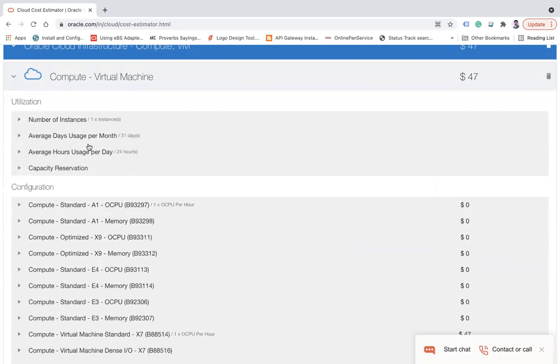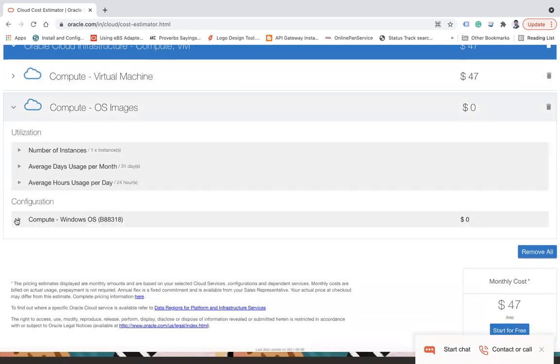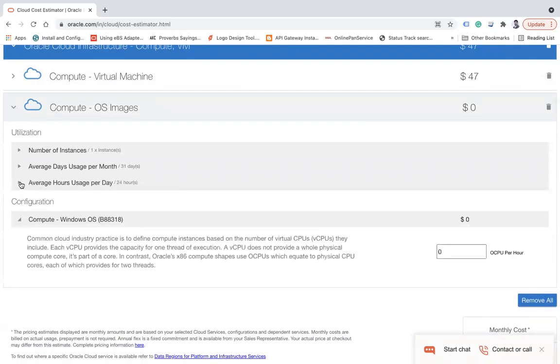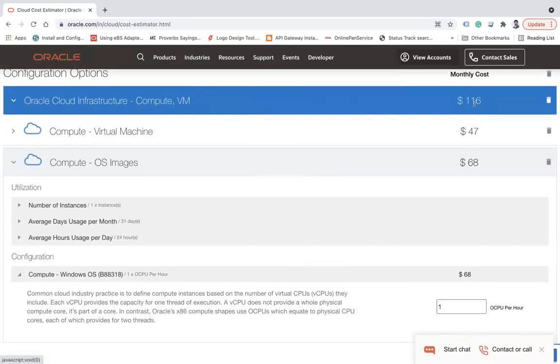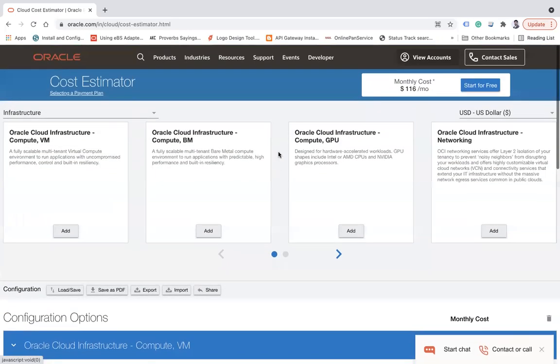And then again, average days per month, average hours usages, okay, virtual machine, and then OS image, okay. You have to choose your OS image as well. Okay, so it's a Windows, but that's fine. The total cost will be 68 for this, and then 47 is this, and total $116. So this is how you can get the estimation of any one of the cloud services.